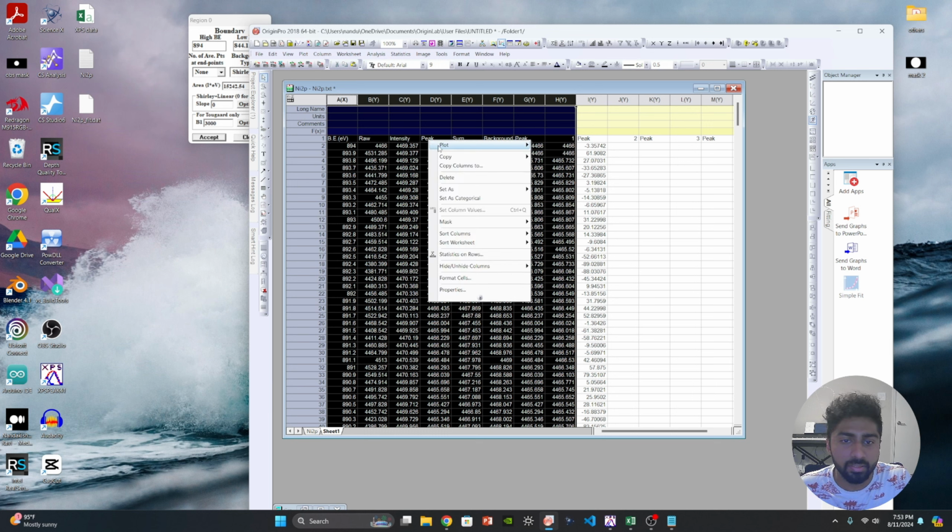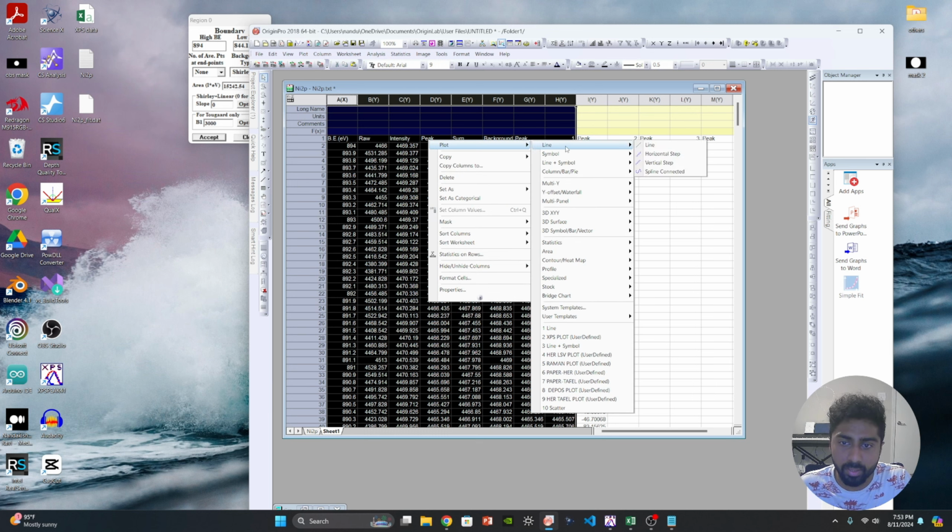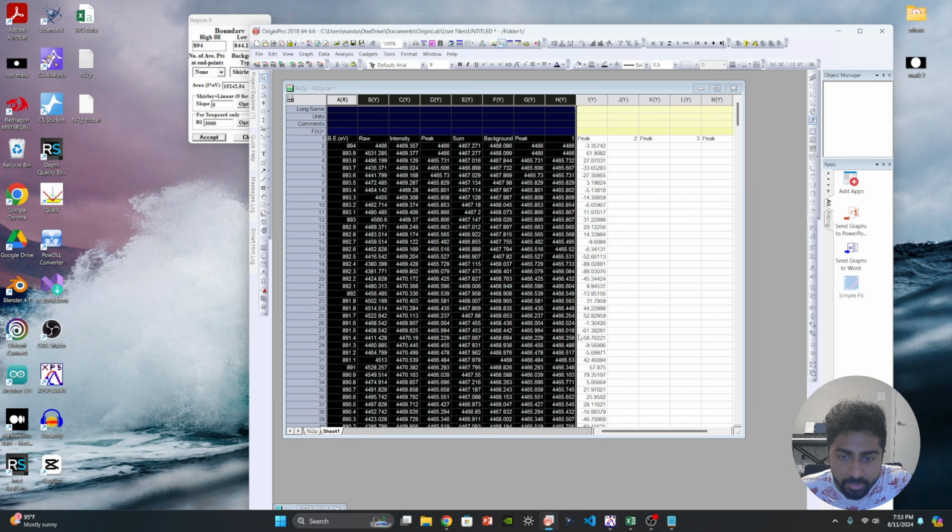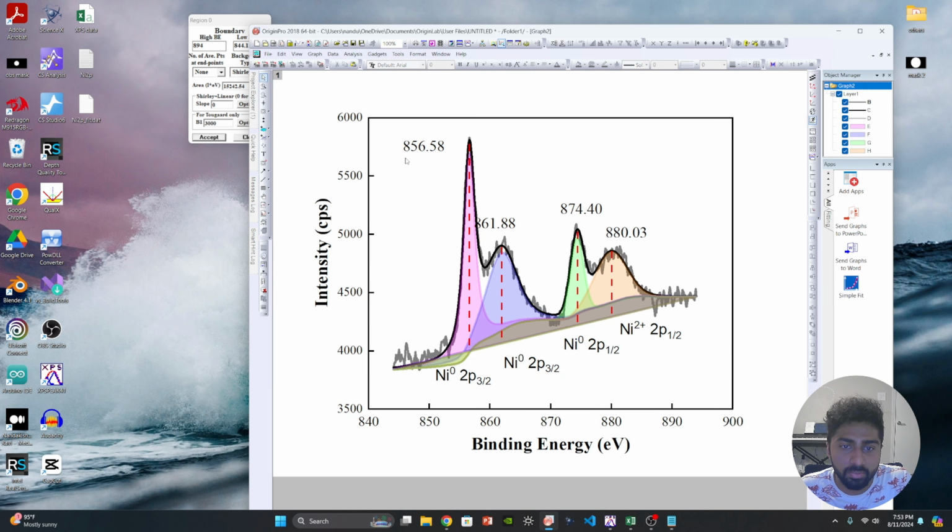So I have already made a template which I use for my papers. So this is the template. You see, I have added the value of X for different peak locations and the oxidation state. These are not actually true here, but this is a template. So yeah, I have to delete this and add the corresponding values. Yeah, now we have this peak. Now we have to look at where the intensity max is coming and check the values of the binding energy